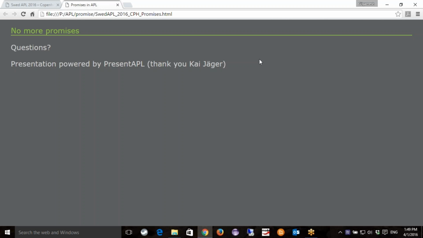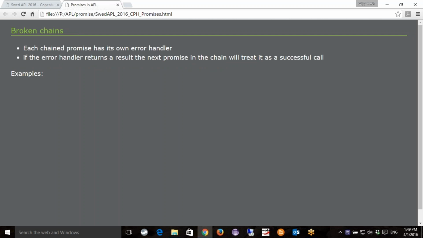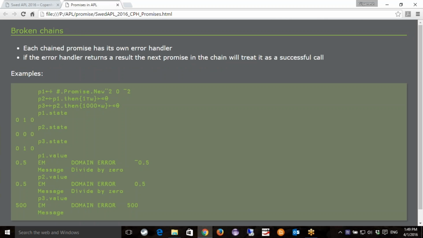You're saying in the example where I had 3. Yeah. I'm inviting you to imagine them all chained together, without assigning the names, but still being able to provide error handlers on each level.